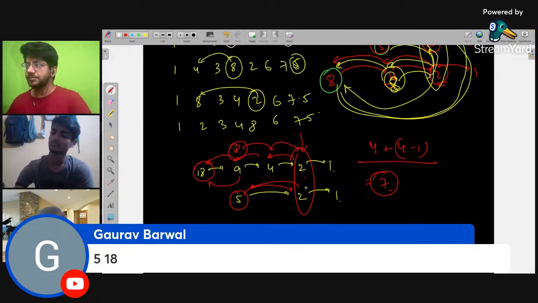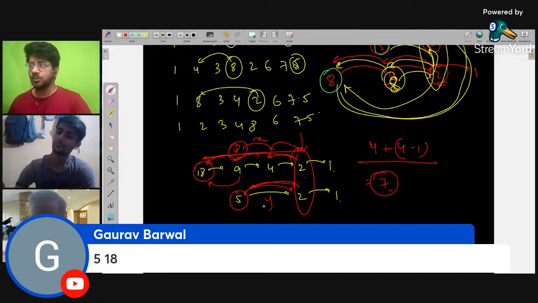And then find out in how many steps from here you can come to this and then go to this. If you have this as length x, this as length y, like over here this is 3 and y is 1, so you can simply say I will use x plus y steps to swap one number to the other place, and then plus x plus y minus one moves to bring the other thing to this place. That's how we can do it, and this will be my final answer.